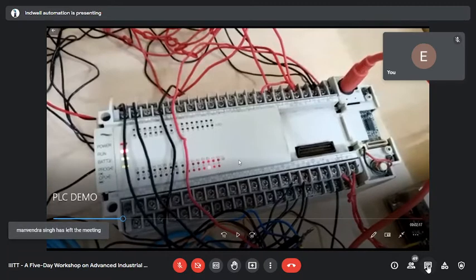On this PLC, or actually on any PLC, you will have indicators like this. This is important to see. These indicators are for input. These indicators are for output. Why do we have this? Suppose I press the push button, the start push button. Then the X0 indicator should be on here. If it is on here, it means the connection is correct.